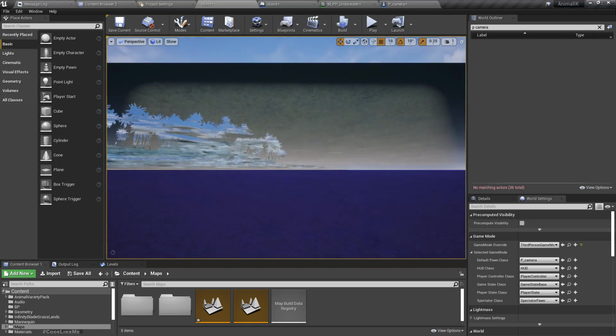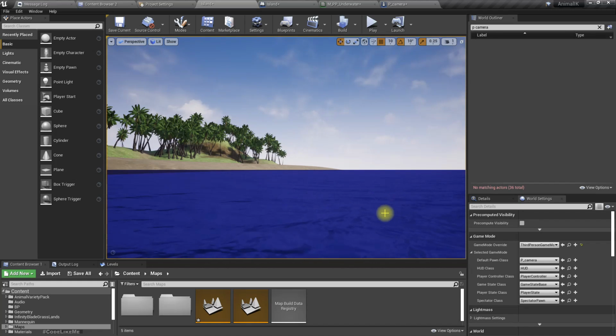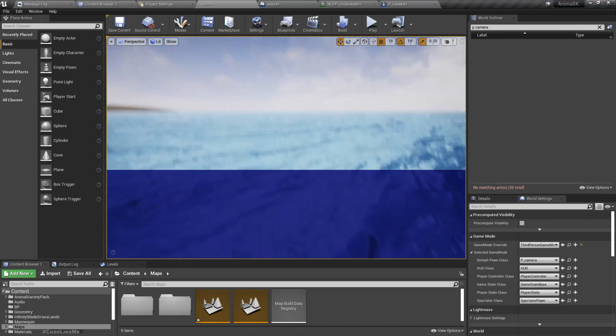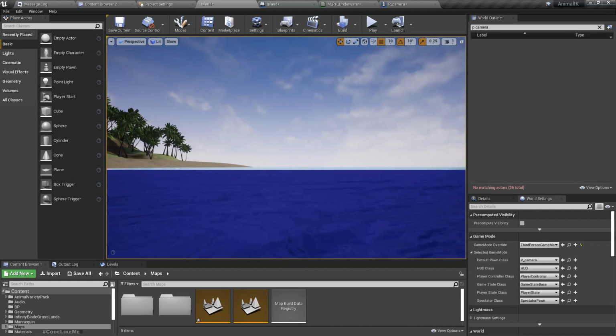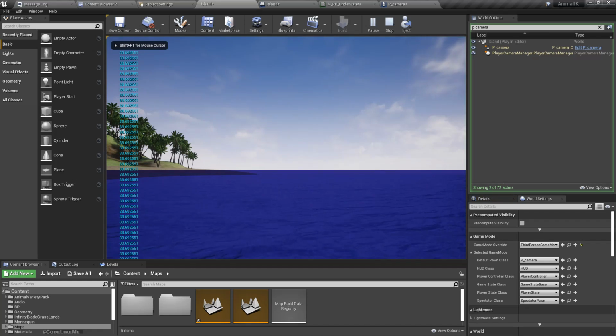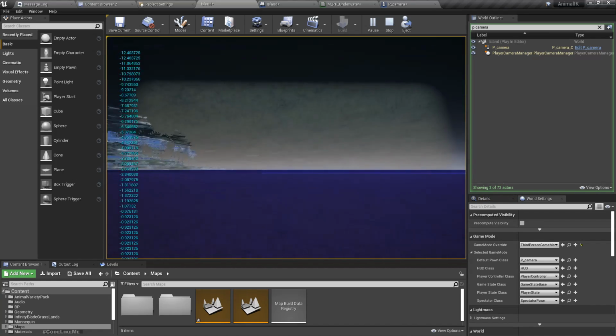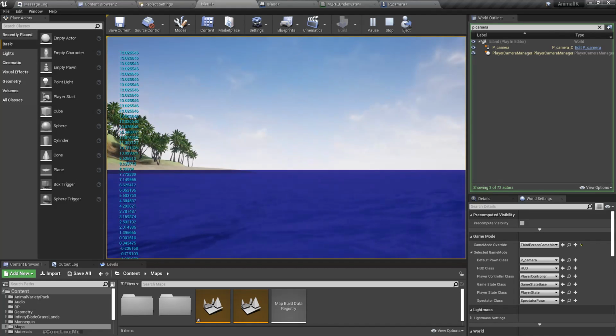Yeah, it's 0.4. Okay, so then now you can see the water surface always aligns with the